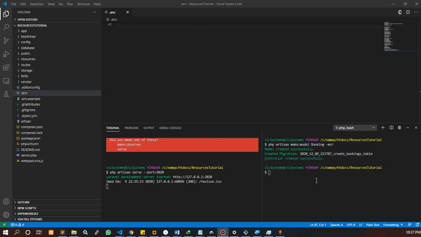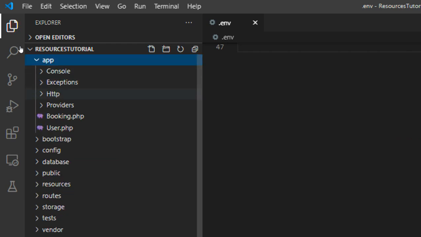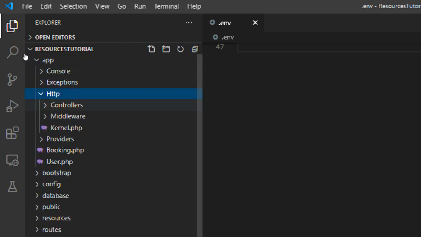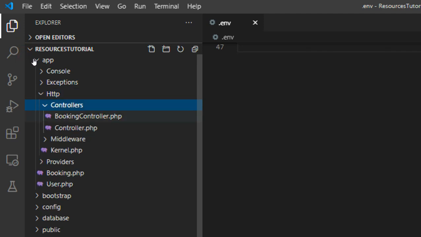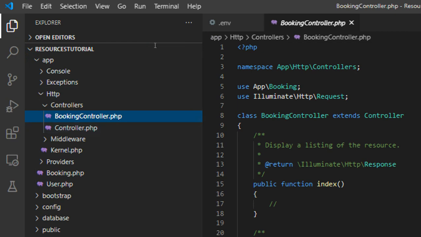Okay, so the controller has been created, the migration has also been created, and we can see that from this section here. We're just going to head into our app folder, open up the HTTP folder, open up the controllers folder. We can see BookingController has been done for us, and automatically it